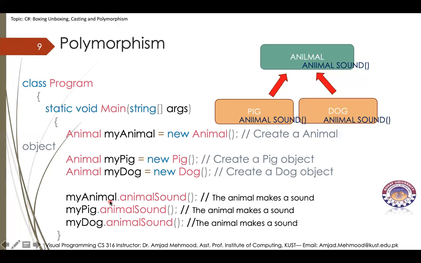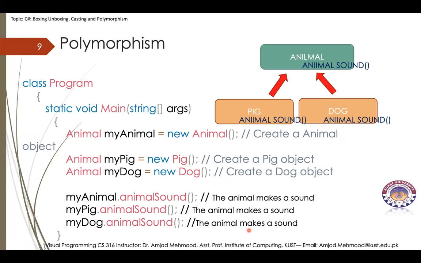Whenever I do the binding, you see my animal sound and my pig animal sound, these are the objects, and I am binding them with a particular method of a class. So we see the behavior is the same. Each one is showing "animal makes a sound". This means that